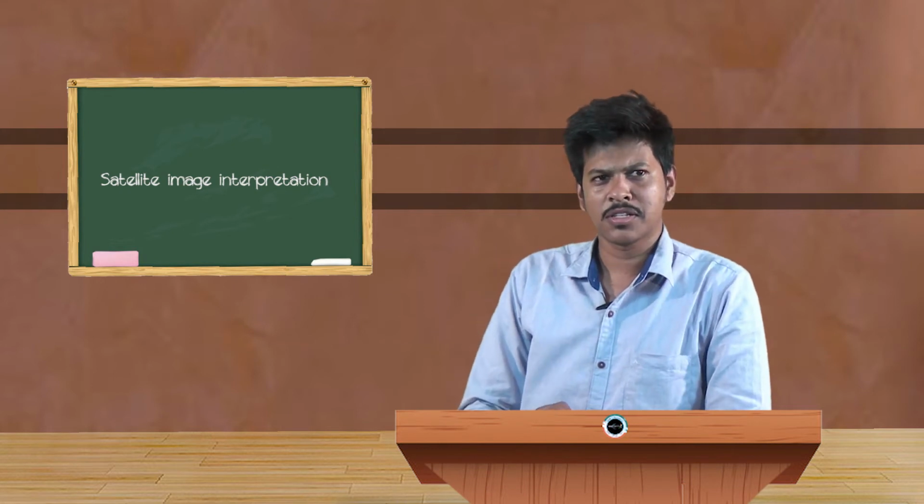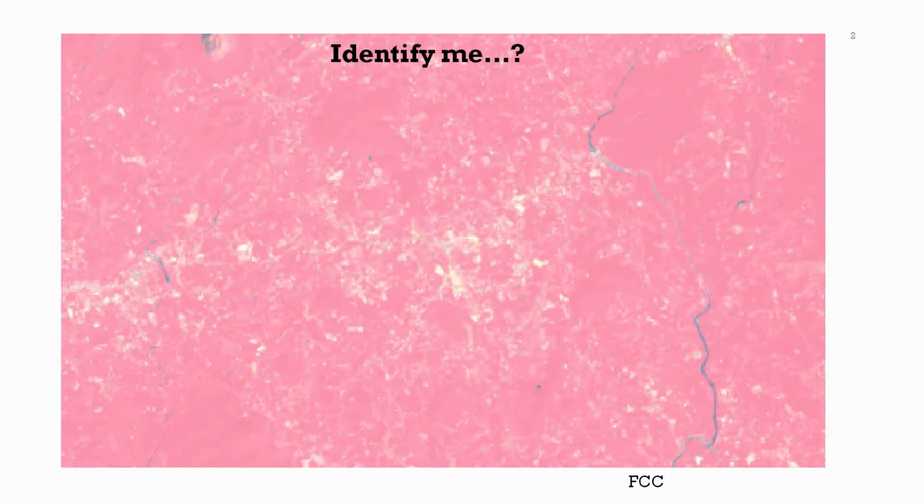Just an exercise. Can you identify the features in a given satellite image? This satellite image belongs to Landsat, a recent one, the Landsat 8 series. The resolution is about 30 meters spatial resolution. All the red color patches that you can identify as vegetation here. For an unknown person, for a first view, it looks like a very different fashion, very different